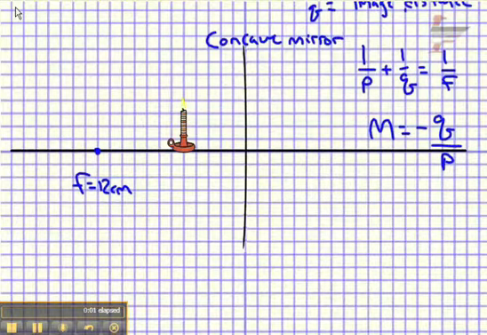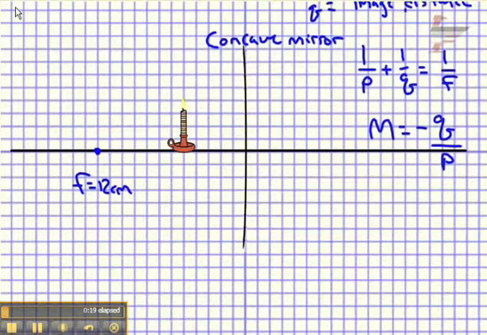Okay, this video is to show how you draw a ray diagram and do the calculations for an object if it's located inside the focal length. This would be like a makeup mirror where you see yourself bigger and right side up inside of the mirror. So we do our ray diagrams, but they're going to be a little bit different than the ones you've seen